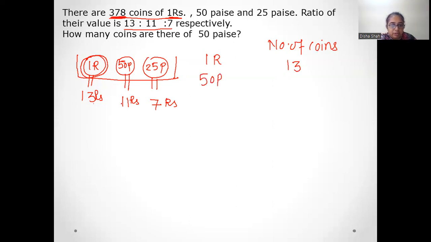50 पैसा की वैल्यू कितनी है? 11 रुपीज। तो कितने कॉइन 50 पैसे का मिला के 11 रुपीज होंगे? फॉर दैट यू शुड हैव 22 कॉइन्स। और 25 पैसे की टोटल वैल्यू है 7 रुपीज। तो आपके पास कितने कॉइन्स होने चाहिए? कैन आई से यू हैव 7 into 4, दैट इज इक्वल टू 28 कॉइन्स।